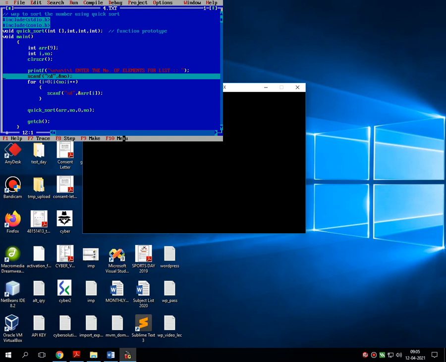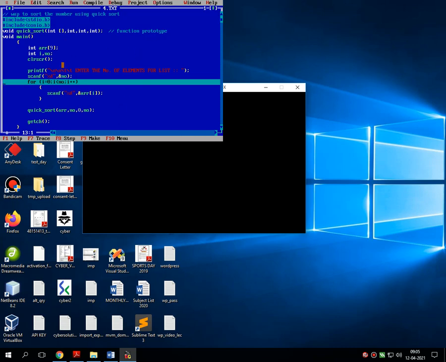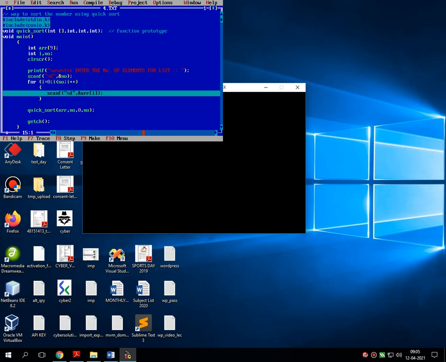First, one message comes onto the screen: enter the total number of elements for a list. Say for example, suppose over here I have entered 5, then this 5 is going to be stored in this local variable called number. So number is utilized over here. This for loop starts with 0 and repeats less than 5 times. That means this for loop will store any 5 unsorted values in a one dimensional array using this scanf statement, that is scanf %d array of i.